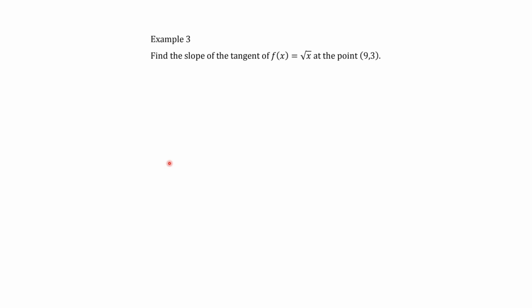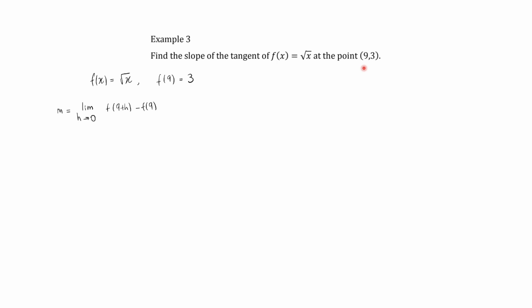We are given the function f of x, which is equal to the square root of x. And we have the point (9, 3), so that tells us that f of 9 is equal to 3. Again, let's start by writing out the first principles formula. So we have that the slope of the tangent, which I am representing with an m, is equal to the limit, as h approaches 0, of f of 9 plus h minus f of 9, right? Because in this case, 9 is my a value,